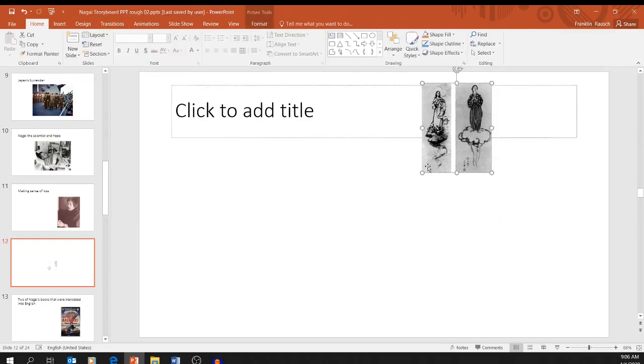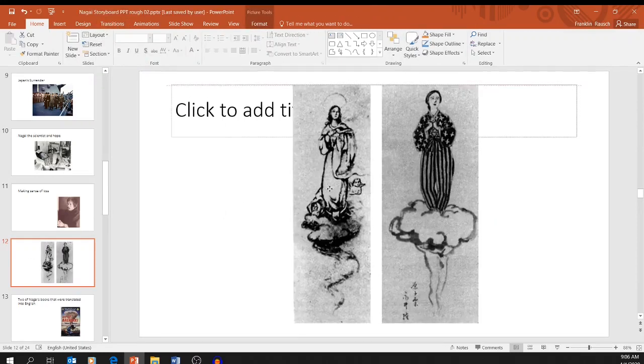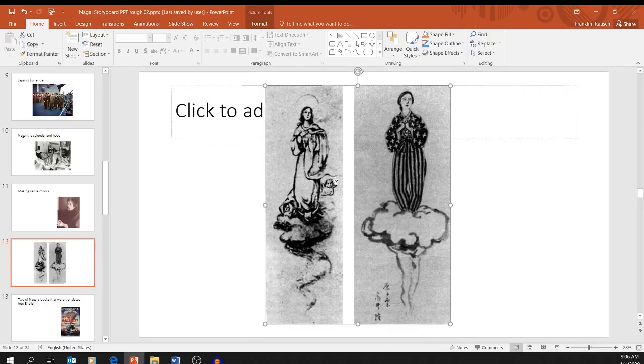I should have made the image, changed the layout, and then I could make the image bigger. I used this image to illustrate one of his major ideas, where he talked about Mary, the mother of Jesus, going to heaven on a cloud, and then his own wife going to heaven on a mushroom cloud. You'll watch the documentary, so I won't go too much into detail, but you can see I've carefully chosen the